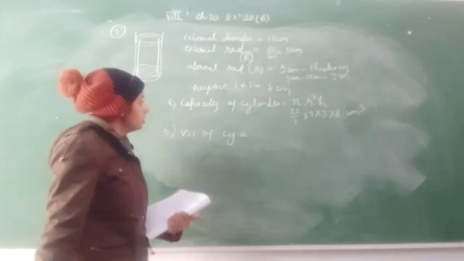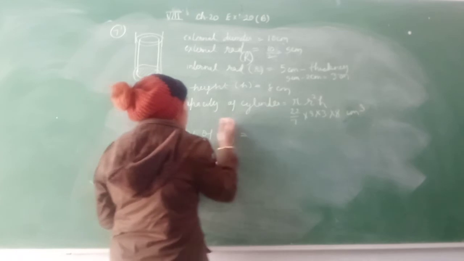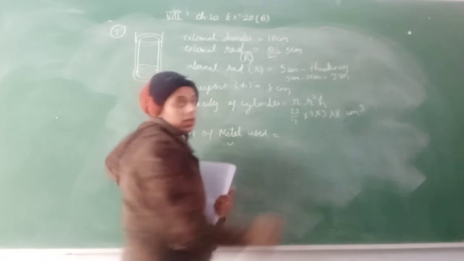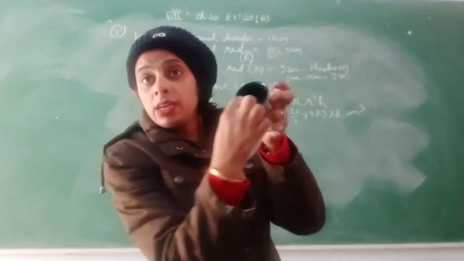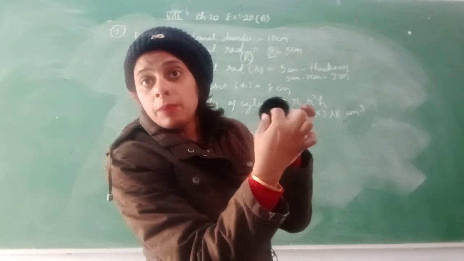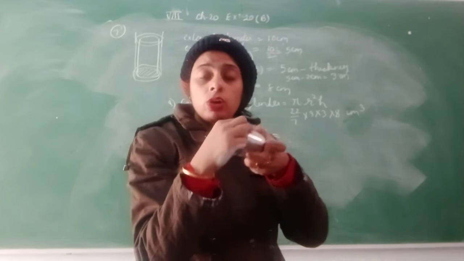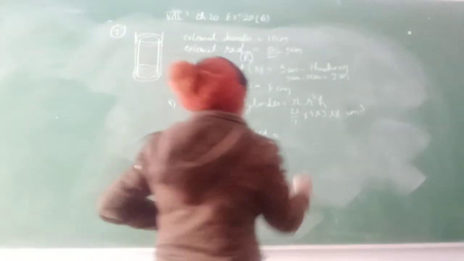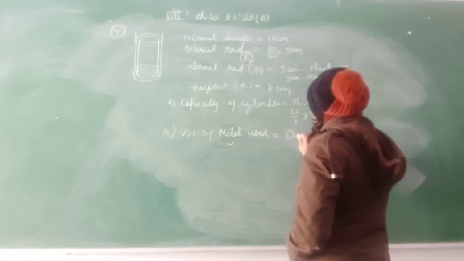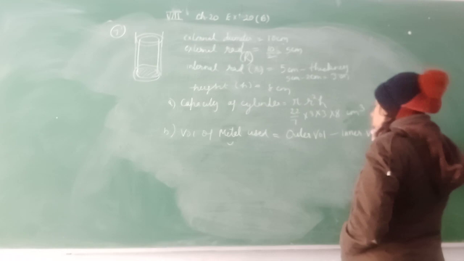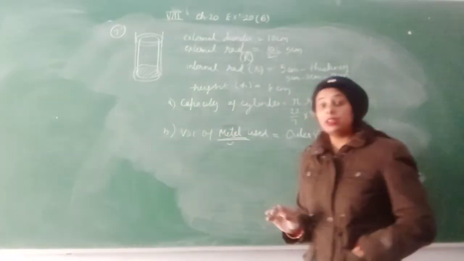For getting the volume of metal used by which this cylinder is formed. So where is the metal in a cylinder? In any container, in the outer part. If you want to know how much metal has been used here, then if you remove the inner volume from the outer volume, you will get that layer of metal. Clear? That is the metal volume you will get. So you will remove the volume, outer volume minus inner volume, so that you can get the volume of that metal that is used to make